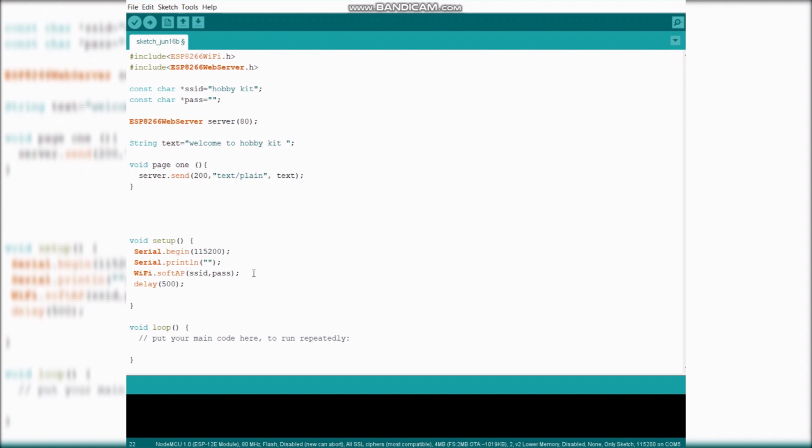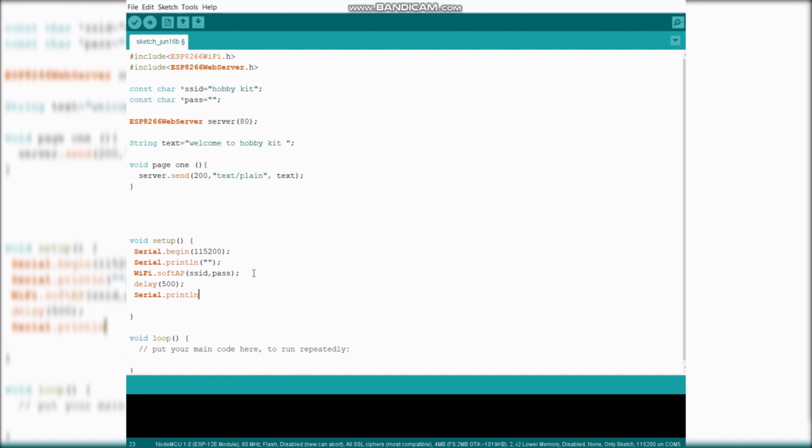And then with a delay of 500, I will print the IP address, so Serial.println WiFi.softAPIP. That's it. So in my serial monitor, I will be getting the IP address,